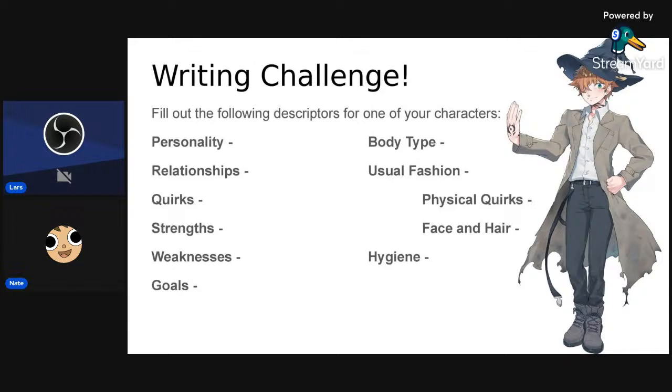Now you might be wondering, okay, well, why does a goal matter in how I describe a character physically, or how he's supposed to be drawn? This comes down to something that Nathan brought up earlier about when you say that a character wears glasses, okay, an artist is going to say, I understand that, but what kind of glasses? And if you say a character is hopeful and I want to see that on their face, okay, but what are they hopeful for?